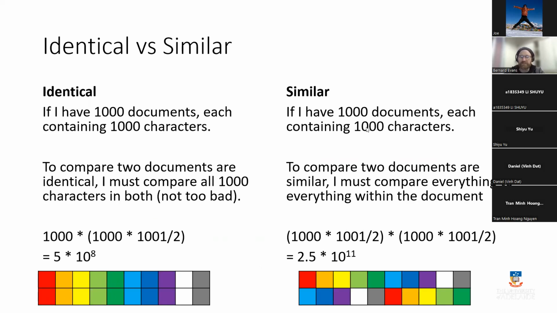If I have 1,000 documents and each document contains 1,000 characters, and now to compare two documents that are similar, I must compare everything to everything within the document. So instead of just 1,000 comparisons and then doing the comparison of 1,000 documents, I'm still doing 1,000 documents, but now I have to compare everything to everything here. So these two are similar. In fact, they're exactly the same in a sense because both of them contain the same colors. But in order to work that out, I'd have to compare the red to the first one, one with one, one with two, one with three, one with four, one with five. And we can see here,